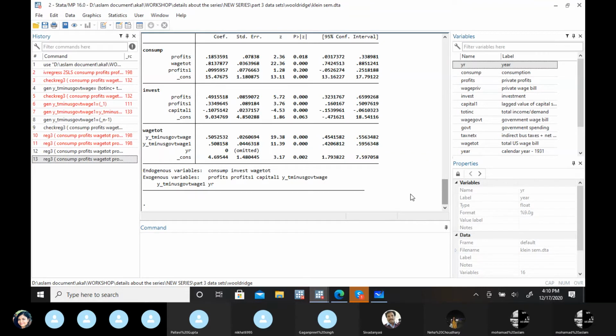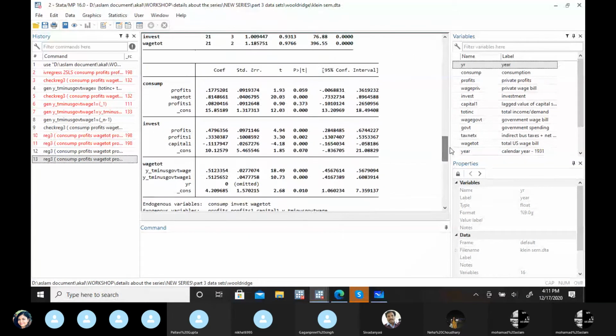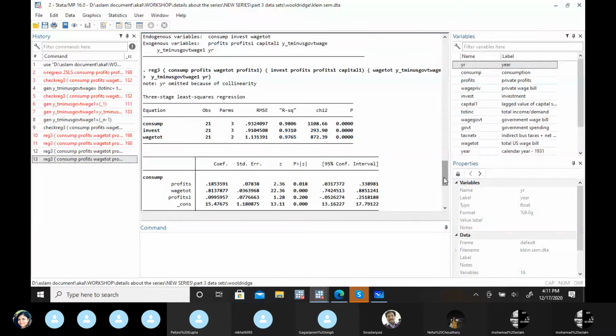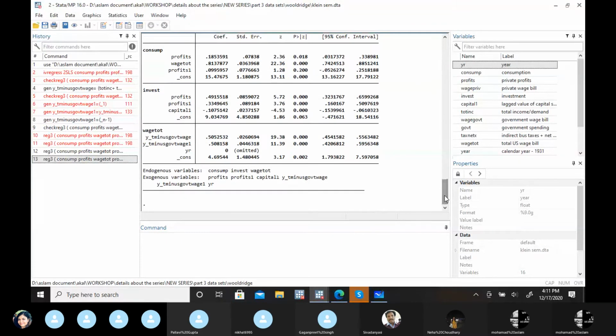So this three-stage least squares is, yes, an extension of the 2SLS. Actually, after 2SLS, we are running two different regressions. There are three equations, and we are running three different regressions using the instrumental variable approach. But after this two-stage least squares estimation, if we apply the seemingly unrelated regression method on these three equations combined, that's three-stage least squares. It's more efficient than two-stage least squares.